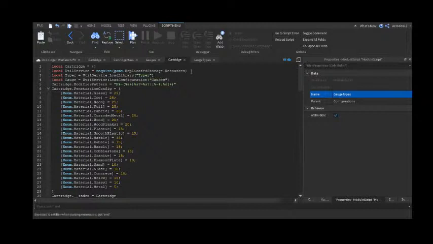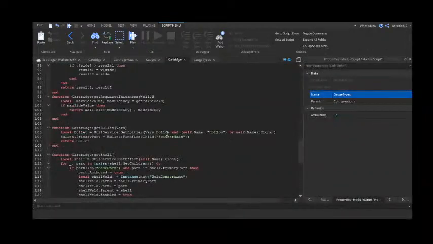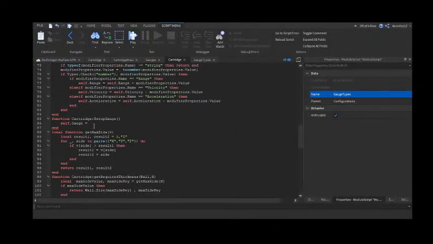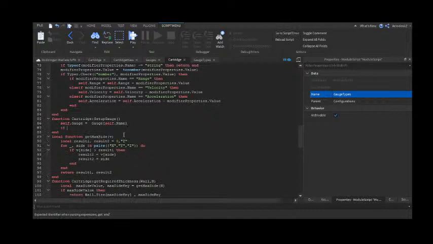Anyways, let's do gauges. Once it loads the gauges, this is what happens next. So we have gauges, and what we're going to do with it is simple. Self.gauge equals gauge, and then we'll do self.name if self.gauge then